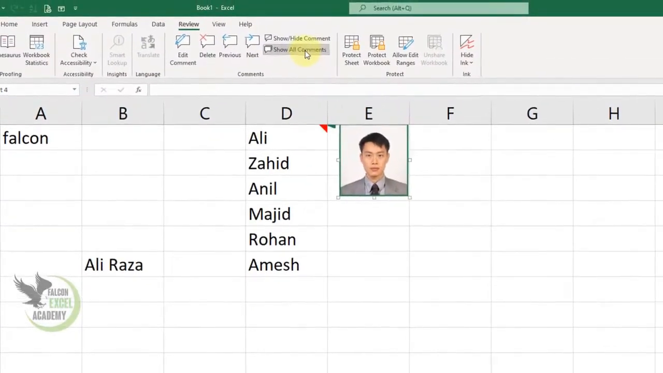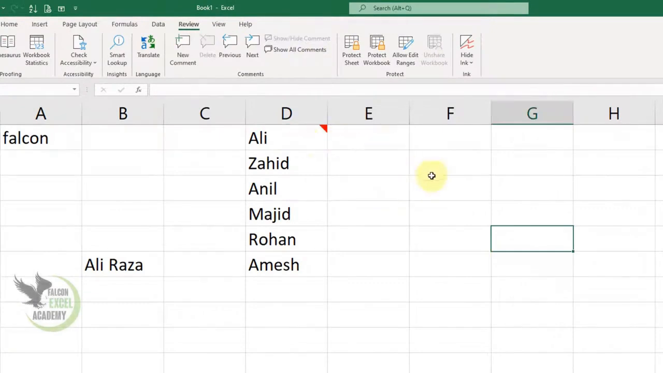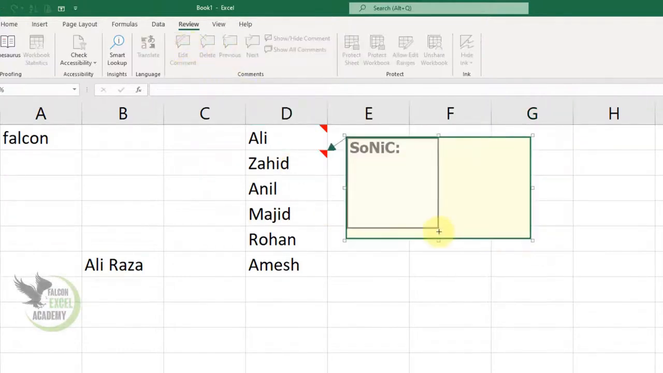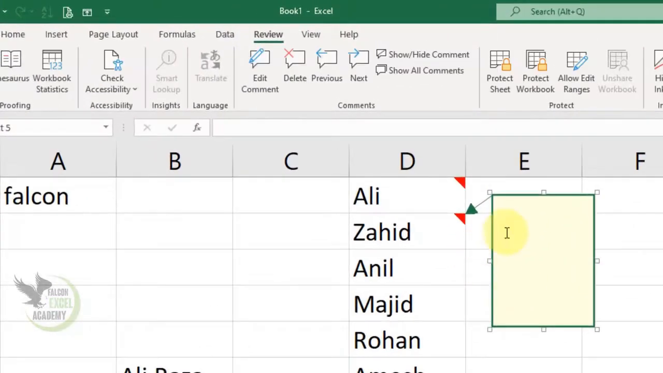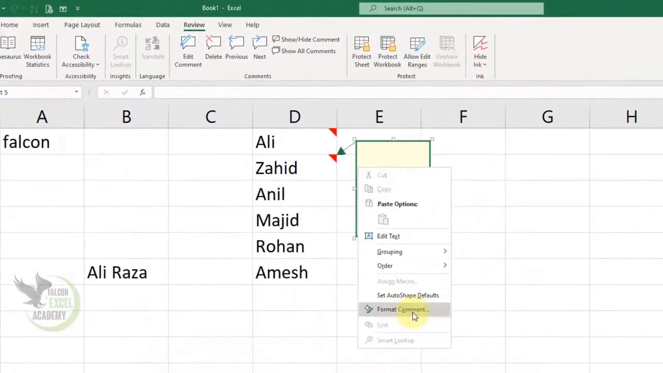If you hide the comments and then hover over it, you'll see the picture is displayed along with it. In this way, wherever we click here, then click on New Comments, we can also resize it as we wish, and by clicking here, delete the name inside it like this. After that, you need to click on its outline, then click on Format Comments, then go to Colors and Lines,